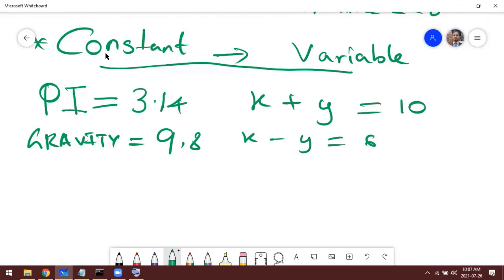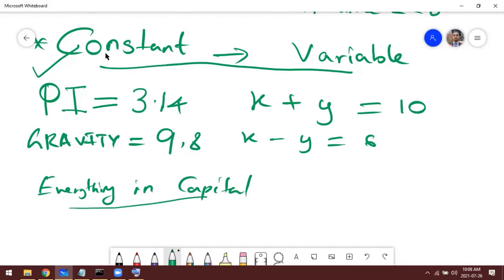When we declare any constant, we use everything in capital, like I wrote, PI equal 3.14.